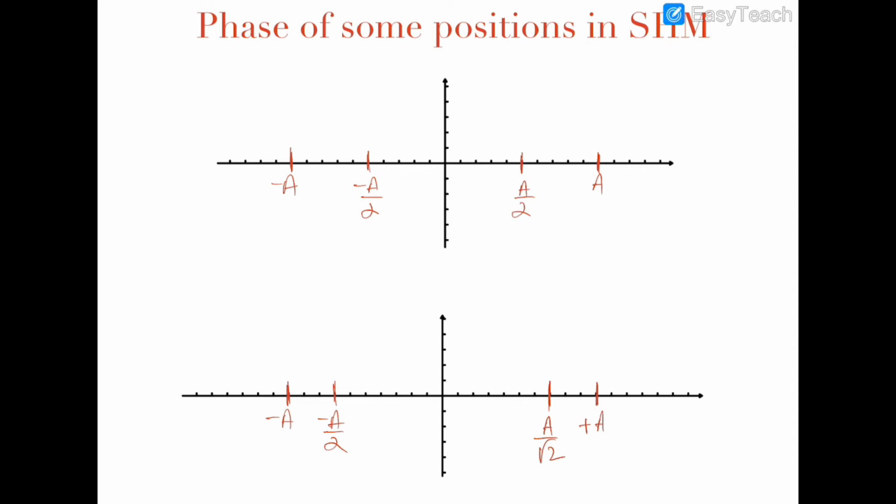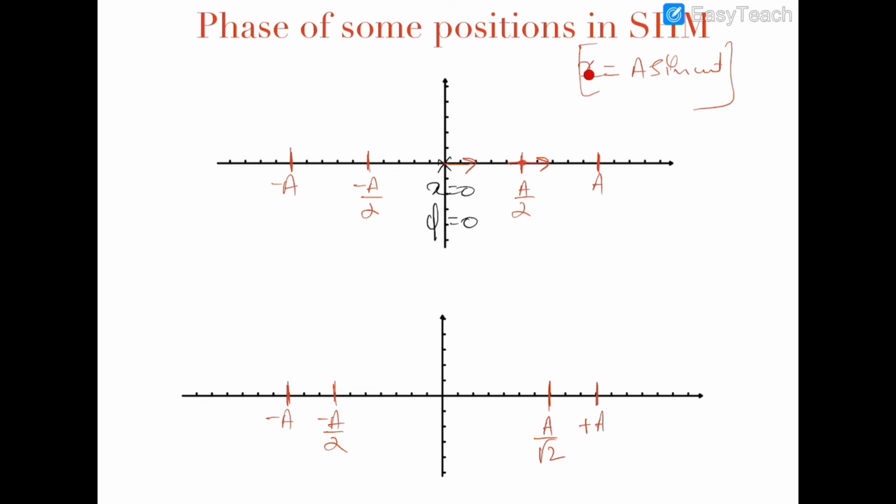So how to calculate the phase of those important positions? We have already discussed that at x is equal to 0, the phase for the first time is 0 when the particle is moving in the forward direction towards plus a. Now at this position, at x is equal to plus a by 2, you have to think that when sin theta is half, because if we are assuming the equation as x is equal to a sin omega t, so you can think in your mind that when it happens that sin theta is 1 by 2, because this is a by 2.